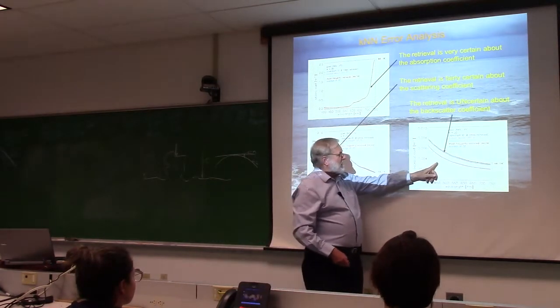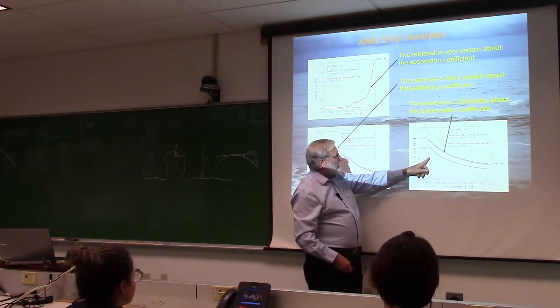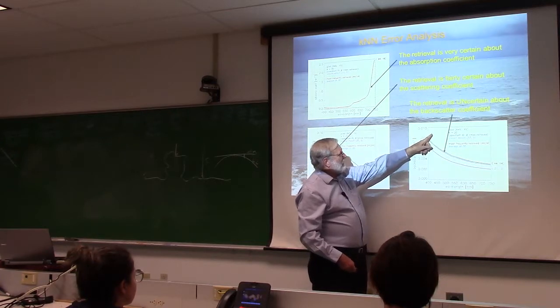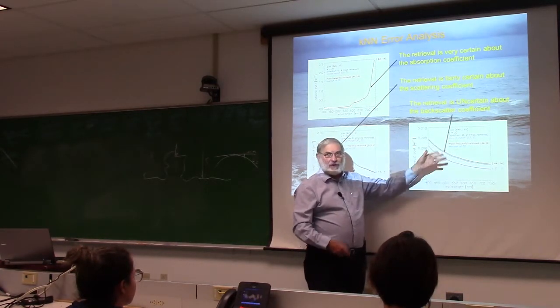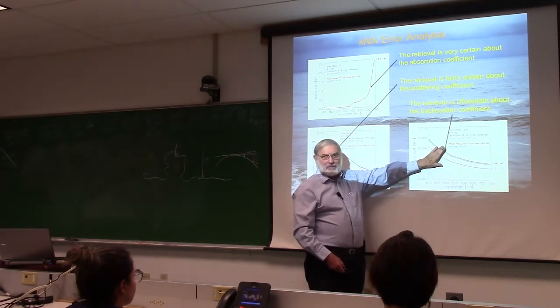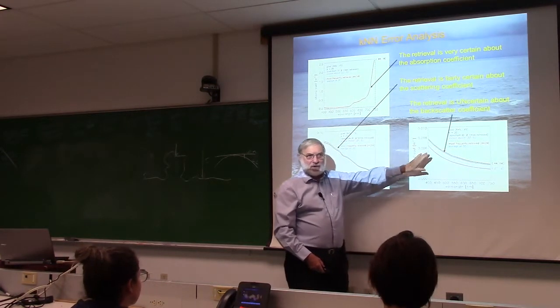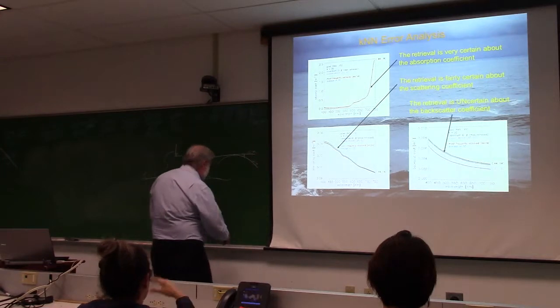The backscatter, it's off by, here's like 0.05 to 0.01 almost. There's like a factor of 2 error or uncertainty in the retrieved backscatter coefficient. Well, does that make sense? Yeah, because